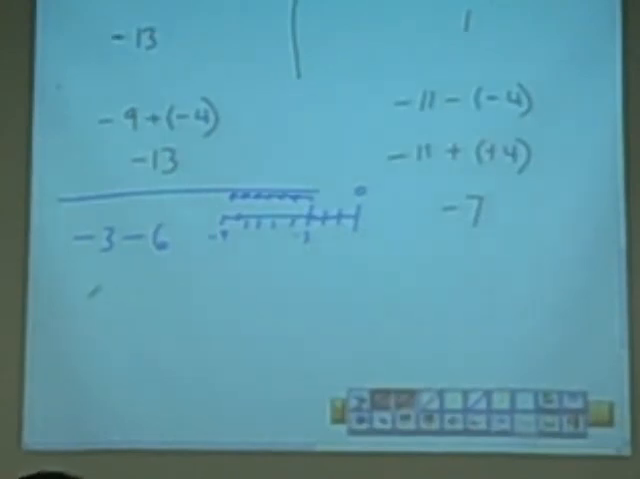So that would be like saying negative 3 minus 6. So what I told you to do is to make the minus sign a plus, apply the negative to the next term, or the opposite. And so you see then that it's really, you're adding negatives. Okay? Whereas